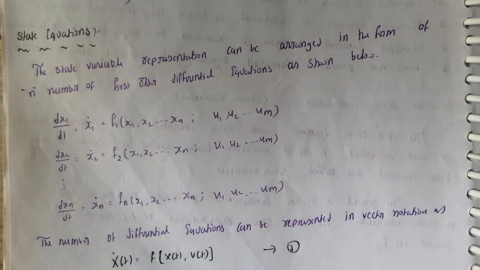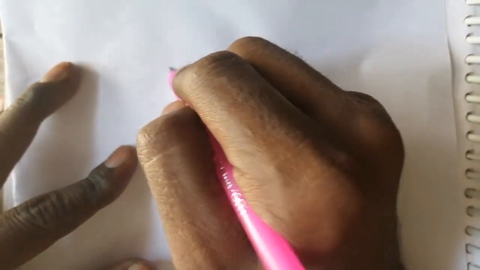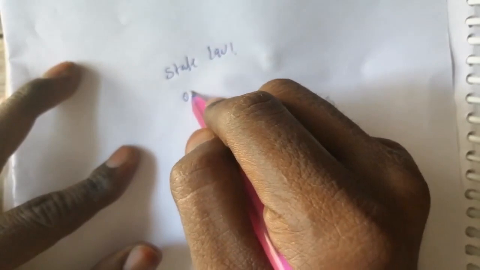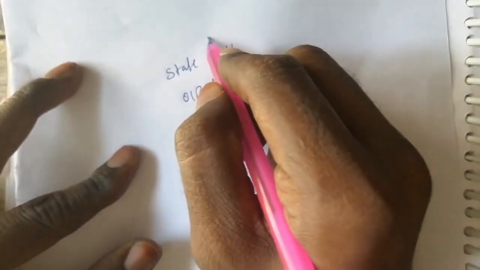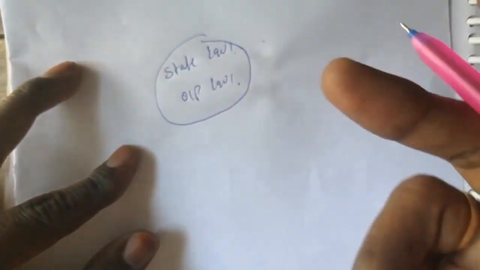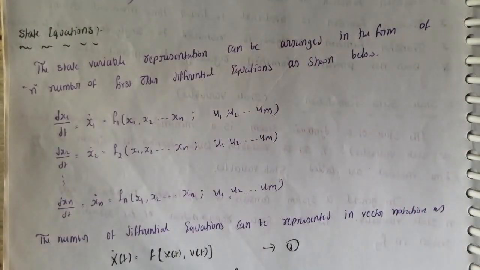Generally in state space analysis, we have two equations. One is the state equation, and the other one is the output equation. By using these two equations, we can examine the performance of a control system. Let me see how these two equations will be formed by using these three sets of variables. The first one is the state equation.